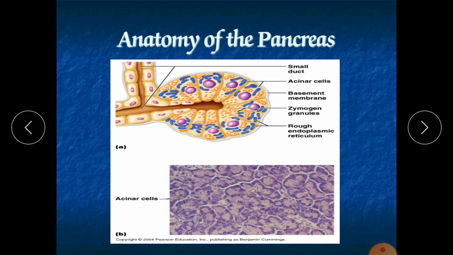They are called islets of Langerhans, and only that 1% is responsible for endocrine function. What is the endocrine function? They have various types of cells. These islet cells are of 4 types. One is the alpha cell or A cell. It secretes glucagon, which controls the secretion of glucose.